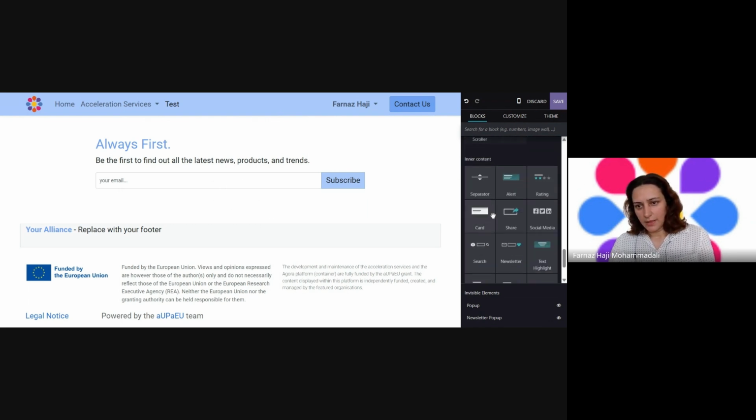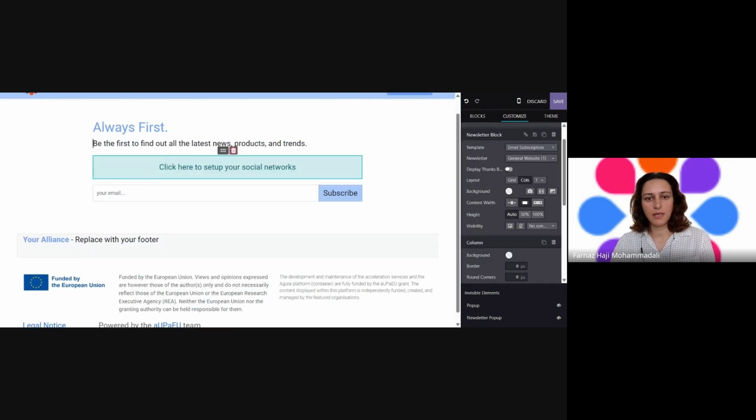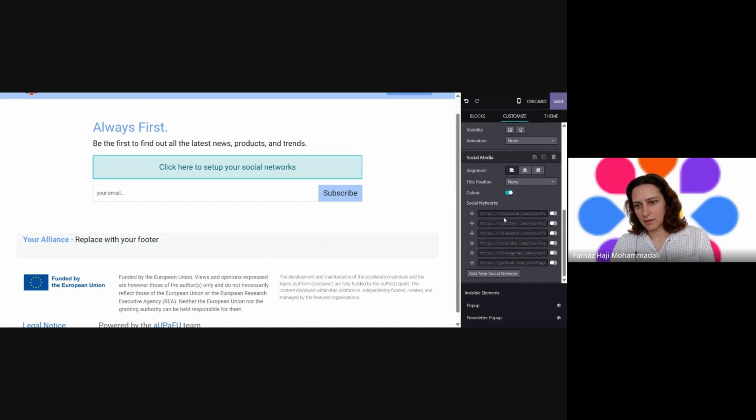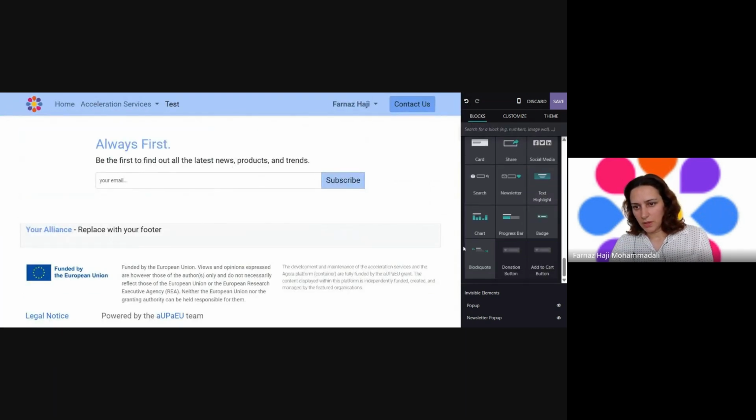Okay, if I go down, here we have social media, for example, you can just drag and drop a social media block. And if I click here, you can just add the Facebook link, you can add the Twitter link, LinkedIn, and in a very organized way, all the links and all the icons will appear in the platform. And then the most important one, if I want to mention,